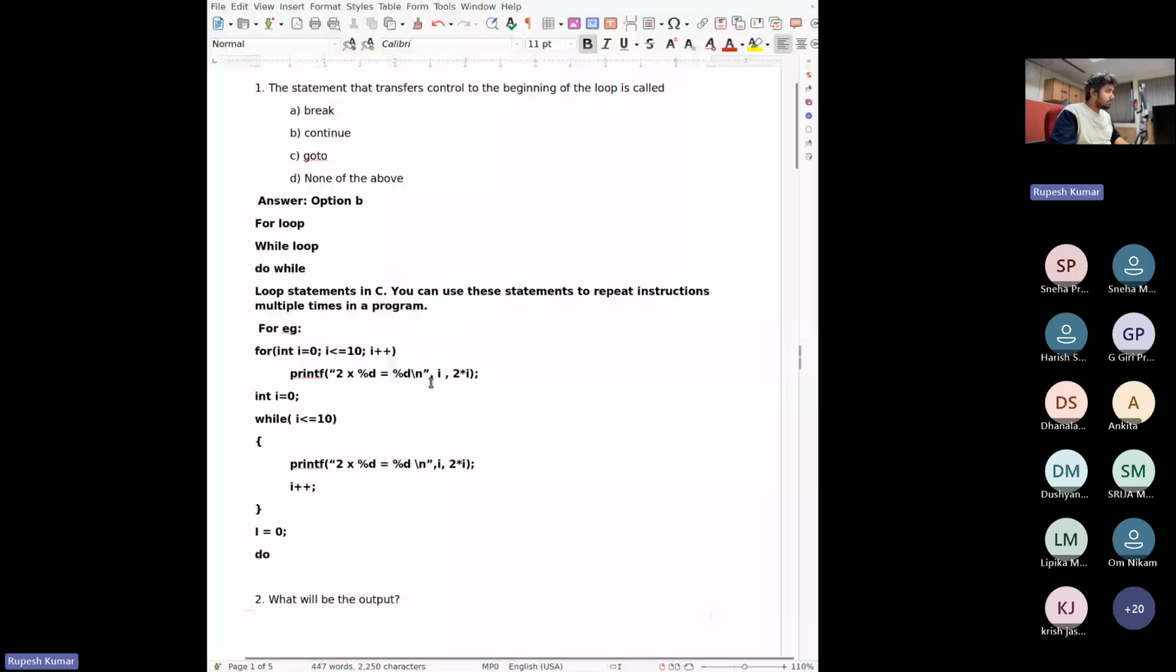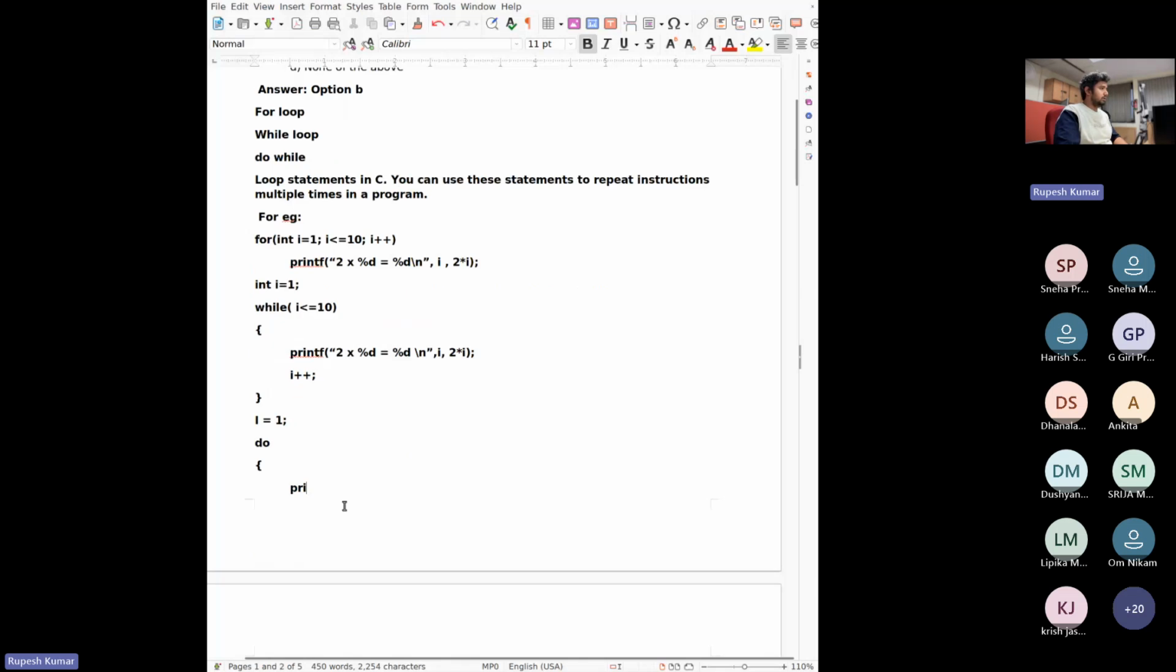Sorry, yes. So basically the table starts from 1, so I'll be using i equals 1 again. Fine. So what you have to do is, the do-while loop is an exit control loop, so you have to write the statement first and then the while condition will come. printf("%d x %d = %d\n", 2, i, 2*i);